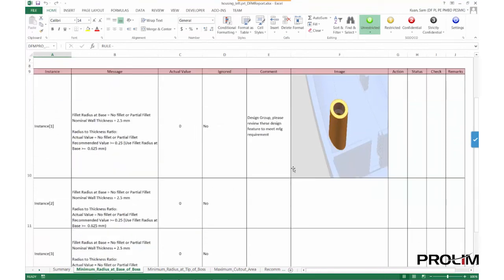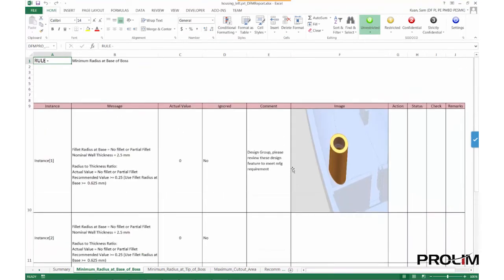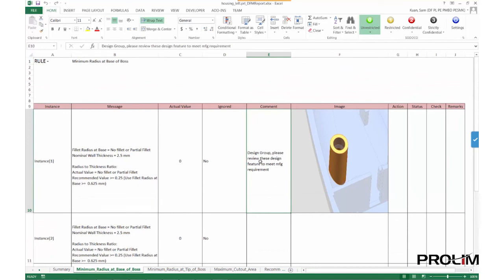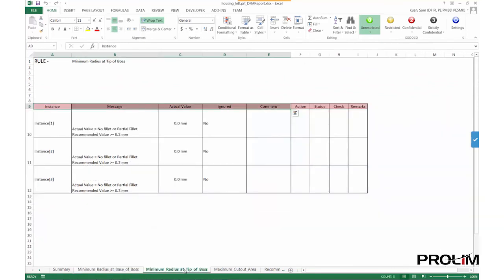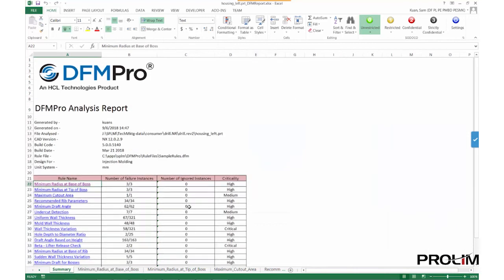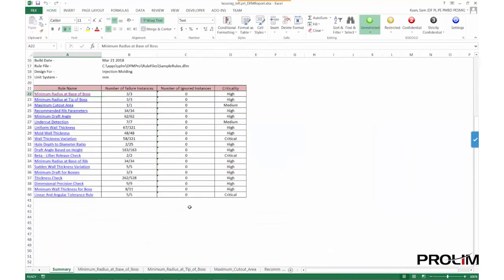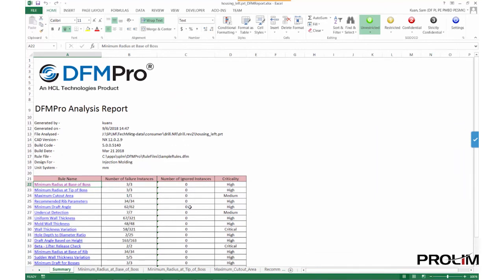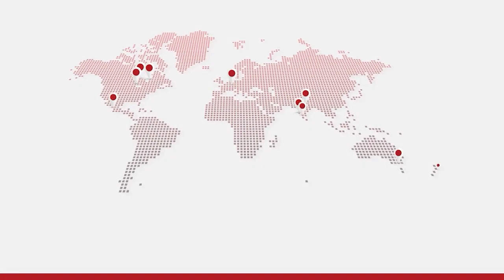The report is generated in an Excel format where detailed information regarding who, when, and what version of NX is used are listed on the first page. Other rule failures are listed and hyperlinked into other pages with a detailed description of the